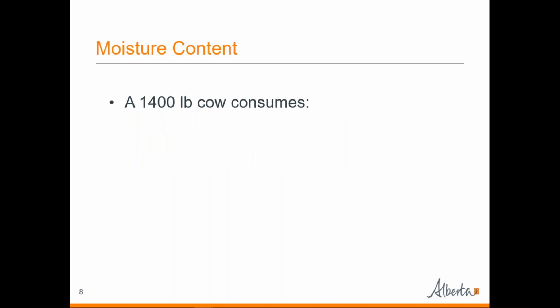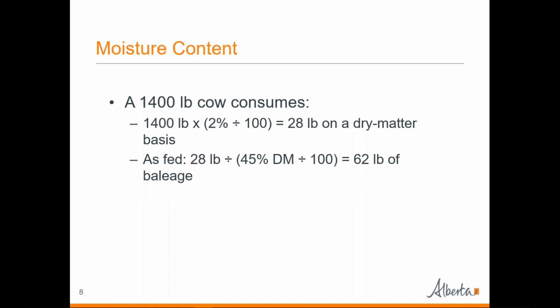Now, how much is that 1,400 pound cow consuming? We figure that out with this formula: 1,400 pounds body weight times 2%, your intake, divided by 100, to get 0.02 times 1,400, which means that cow is going to be eating 28 pounds on a dry matter basis. On an as fed basis, for that same baleage, we divide by the amount of dry matter in the bale,